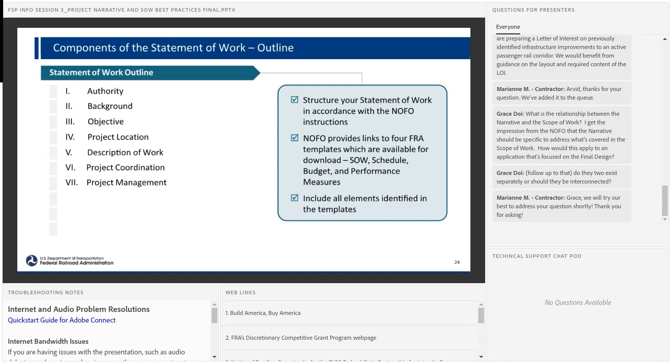Some helpful tips: structure your statement of work in accordance with the NOFO instructions. Again, follow the instructions. And I think this is time 3 where I reference the templates. NOFO provides links to the 4 templates which are available: scope of work, schedule, budget, and performance measures, and include all elements identified in the templates. Again, should your project be selected, that will help us tremendously as we move towards obligation.